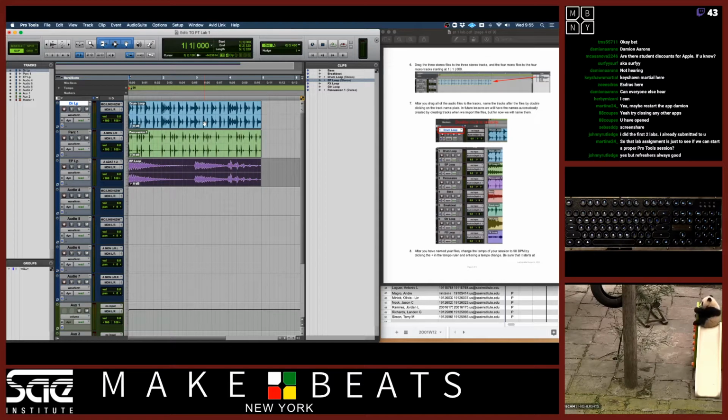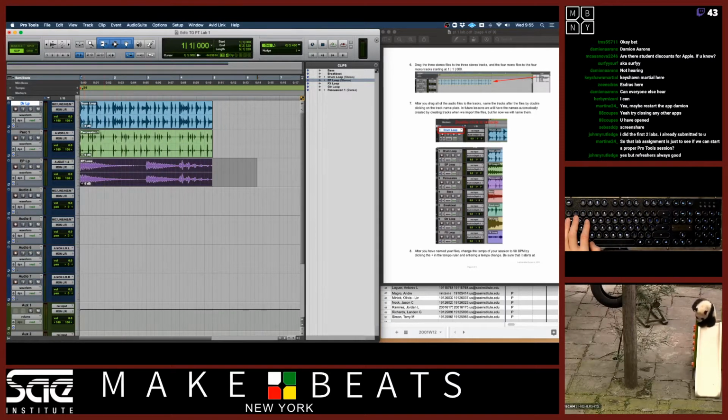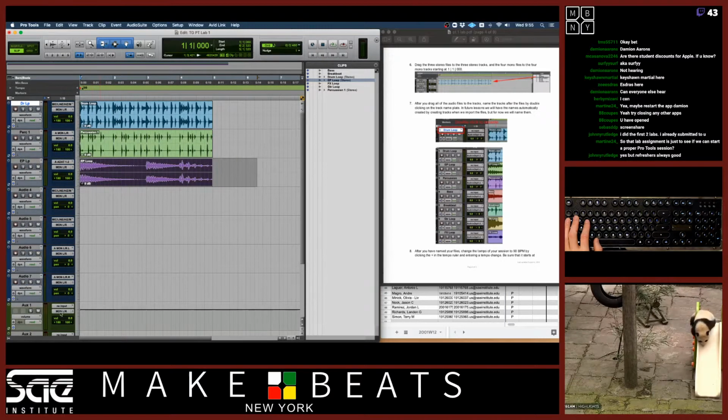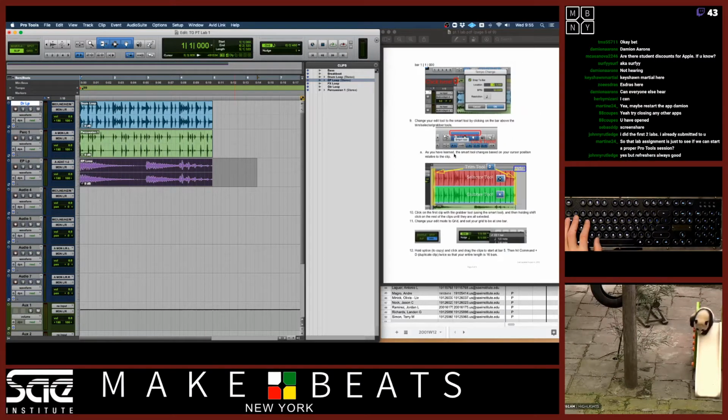The other day, I did show you how to set your tempo based on loops, but we're going to do that again at another time. Maybe not today, but I think tomorrow, actually, we're going to get into that stuff. So I have these here. I just closed my window over here on the side. We're going to talk about that window later. So I just closed that window over there. All right, so if I keep going down here,